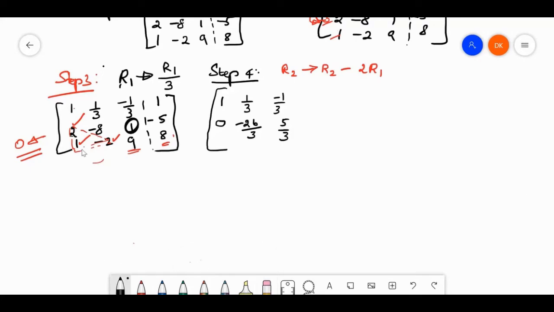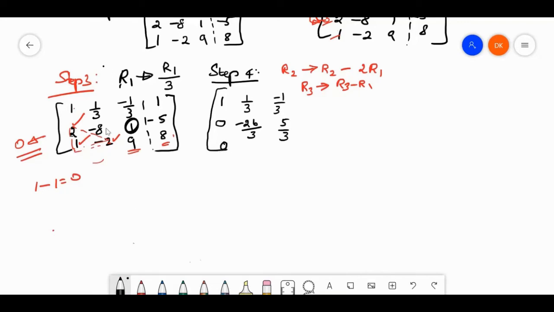Now in the third row, this also I have to make it as 0. So here then another operation is R3. So that is equal to, what will happen? R3 is equal to R3 minus R1. R3 minus R1. That means 1, here also 1. Then I can directly substitute it and then I can make it as a 0. So here, see, the first element is 1 minus 1. 1 minus 1 is equal to 0.